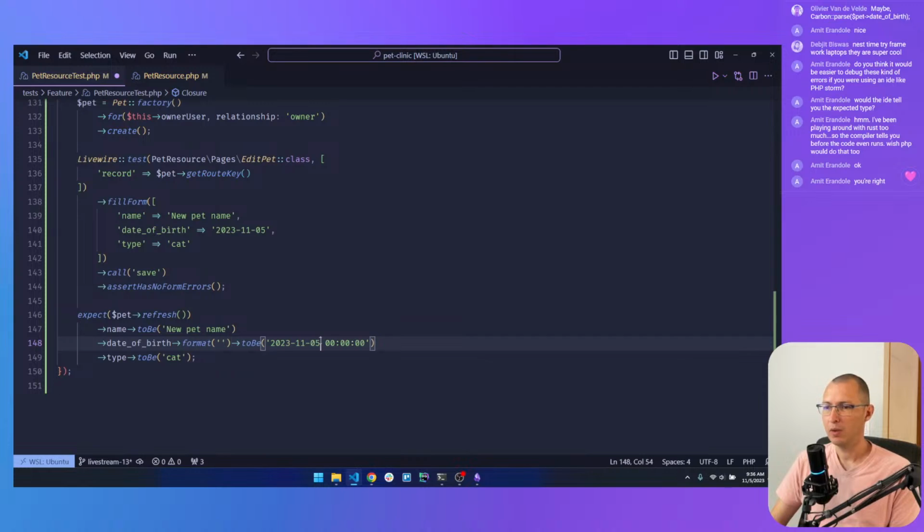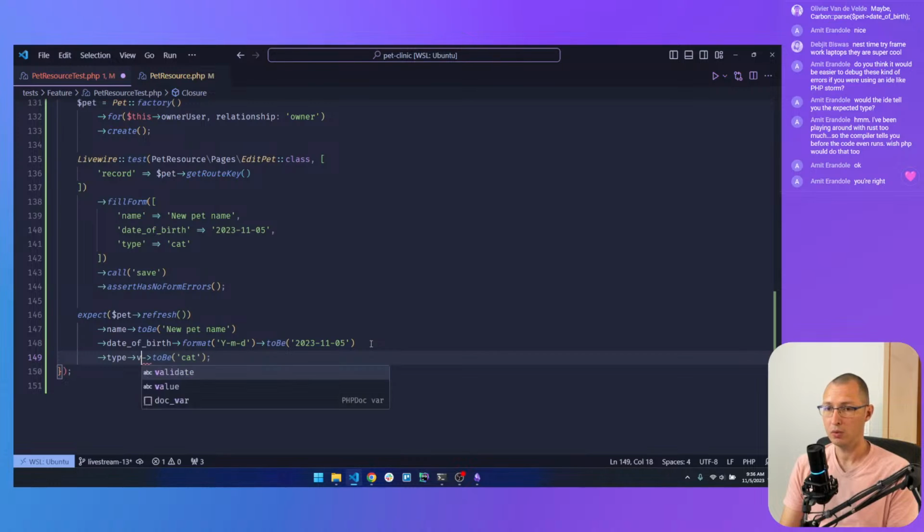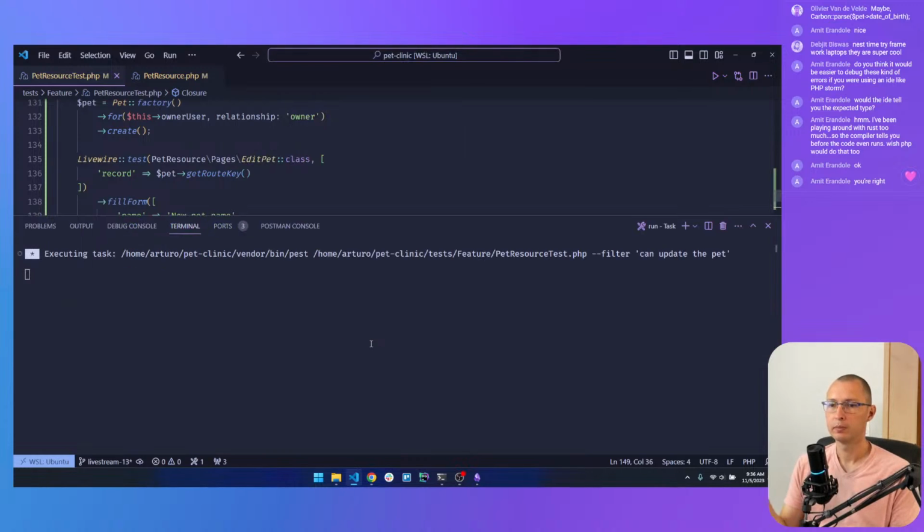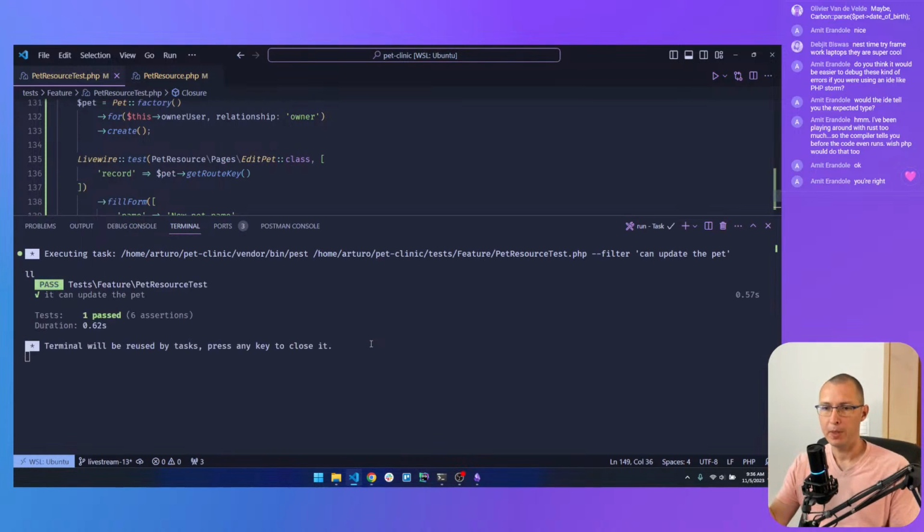So if I'm gonna format it like so, we can do this. Probably gonna fail as well on this one because this is an enum class. So let's use the value again. Okay, that's passing.